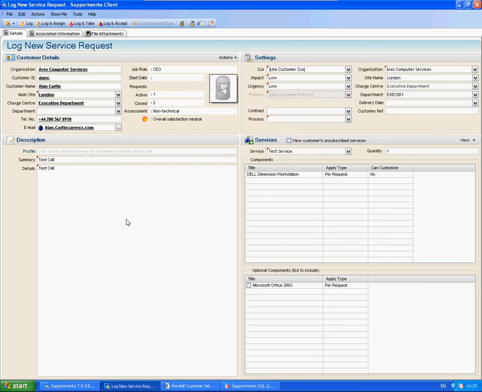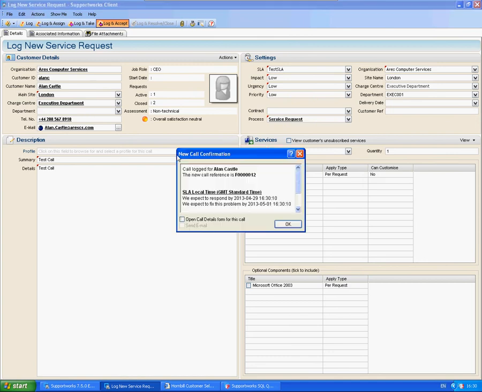Because we've associated the components to the service in a separate tutorial, you can see here the ones that have been set against it, and also a tick box against the optional components, which is quite handy. I'm also going to select the SLA and priority and the BPM process that I wish to use against it. We're going through BPM processes in another tutorial, so we don't need to worry about that too much at the moment. So if I log and accept that particular call,